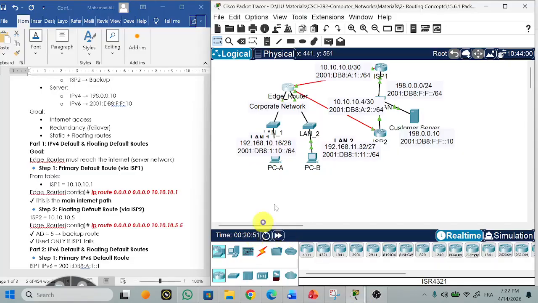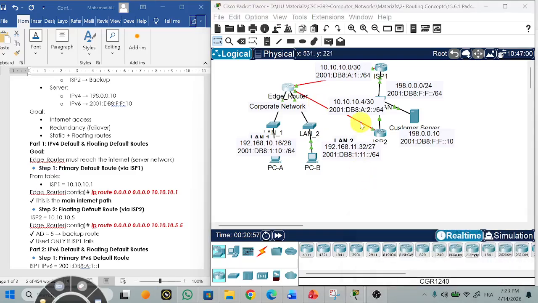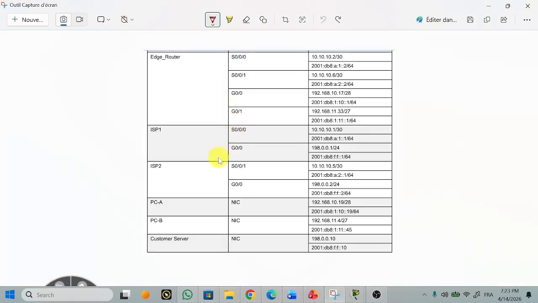And if you go here and you check this interface, you will see S0/0/1. S0/0/1 is 10.10.10.5. Okay, so